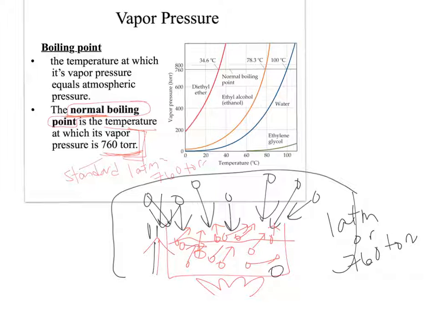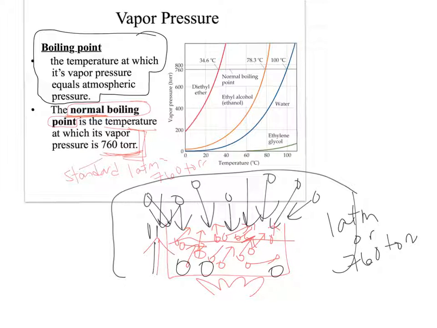And that's when you start to see bubbles form in your water, because then there's really nothing preventing everything from escaping. The ability of our molecules to escape has equaled the ability of the air pressure to keep them down. Hopefully that helped. So we define boiling point as the temperature at which the vapor pressure equals the atmospheric pressure.